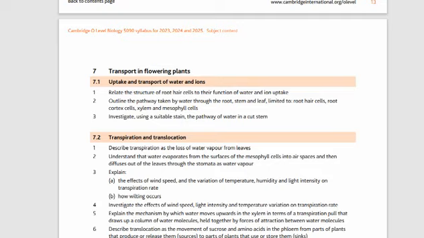Today we are back with another video, and we need to discuss transport in flowering plants. In this chapter, we need to discuss the uptake and transport of flowering plants as well as transpiration